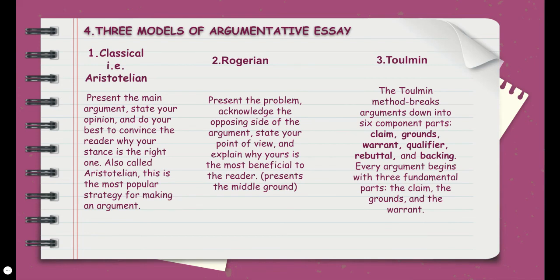For example, the public administration should improve its service standards. The grounds of an argument are the evidence and facts that help support the claim. For example, the improvement of public administration service standards would ensure social equity. Finally, the warrant, which is either implied or stated explicitly, is the assumption that links the grounds to the claim. For example, the public administration should ensure social equity.